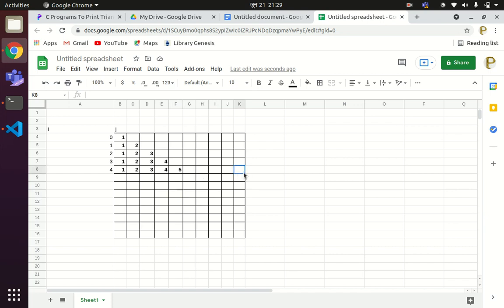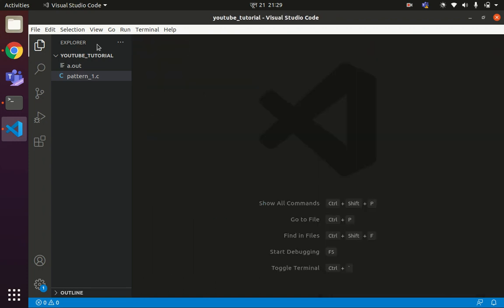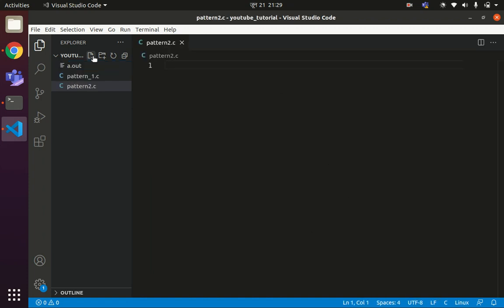Okay, so we'll write the code again in this VS Code editor. Pattern 2.c. C program to print a pyramid of numbers.